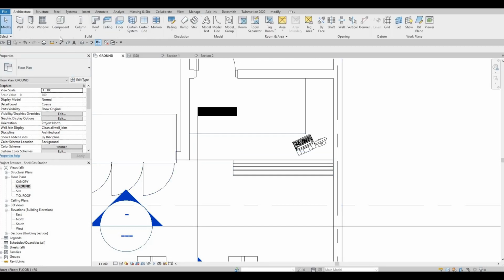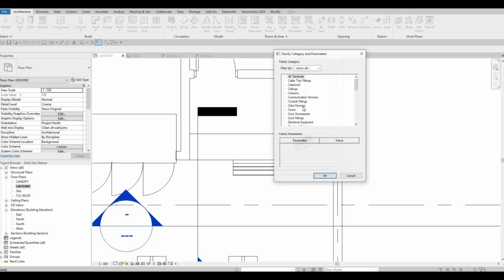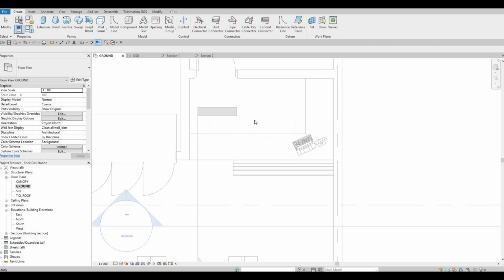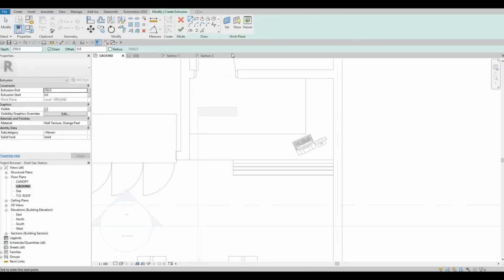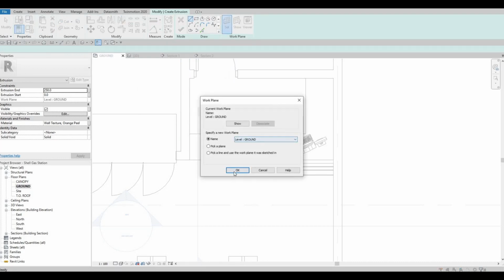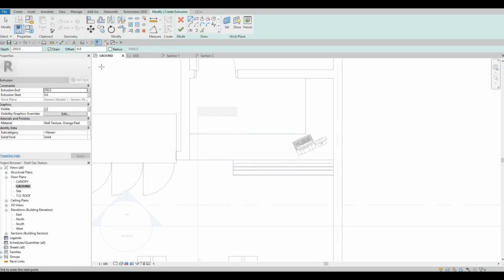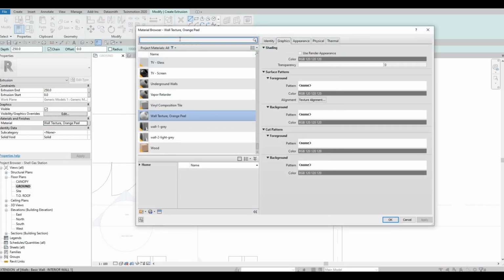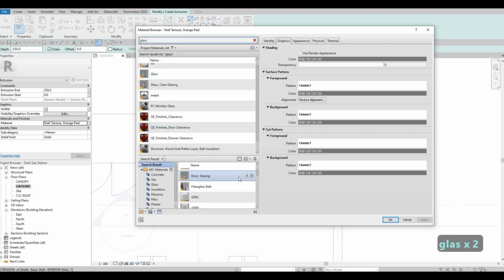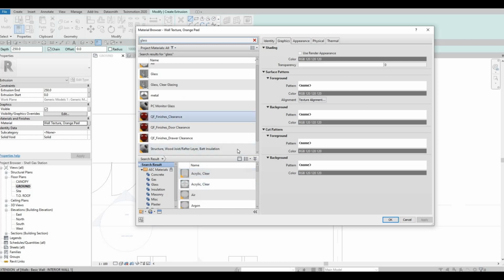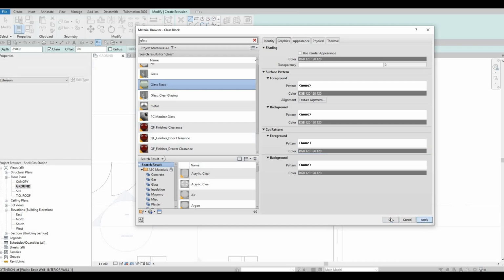So now I'm going to add, like I said, some glass right here. So I'm gonna click architecture, model in place, and then generic model. And here what we can do is we can click on extrusion and then set it, and then pick a plane, which is the top of here, because we want to place it on top of that. And then we're gonna click on glass. So look for a glass material, and then let's use this for now. Apply, OK,